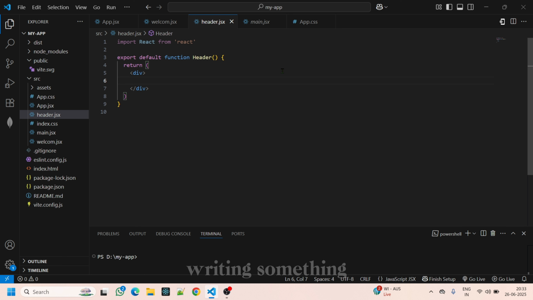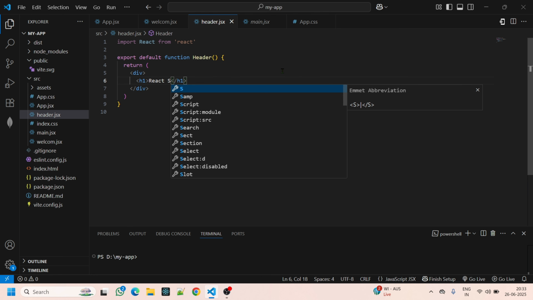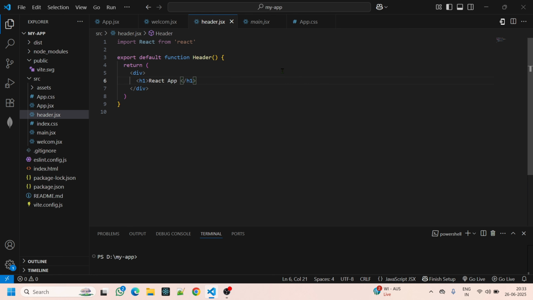So I'm returning something like a heading tag, the header component. This is the header component, and it should return an h1 element like a React app header component